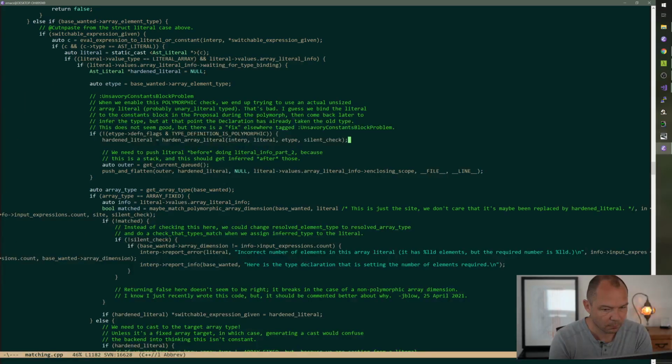Matching. So we do harden array literal, and the problem is this doesn't know anything. So we're going to pass wanted.